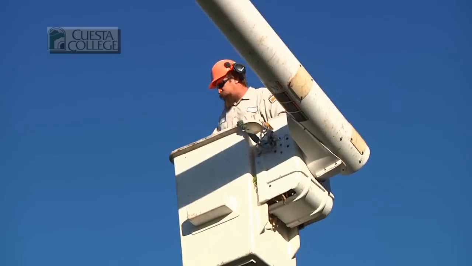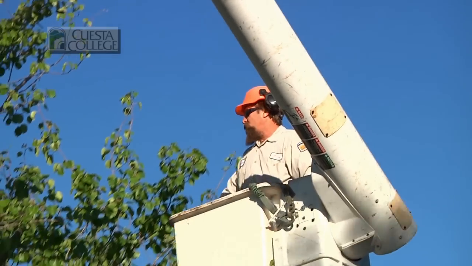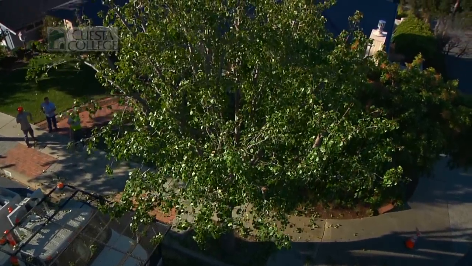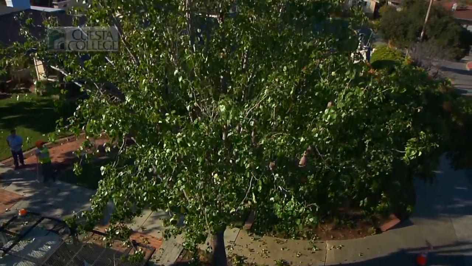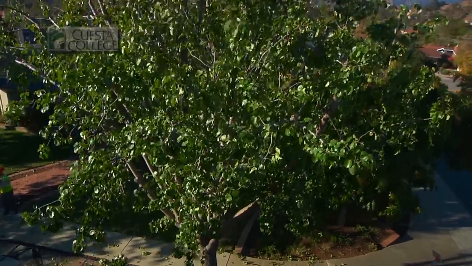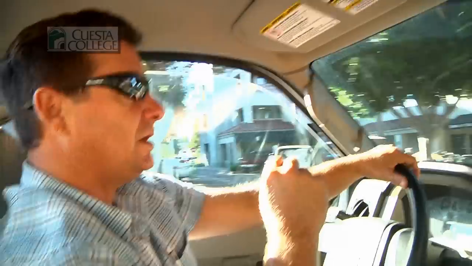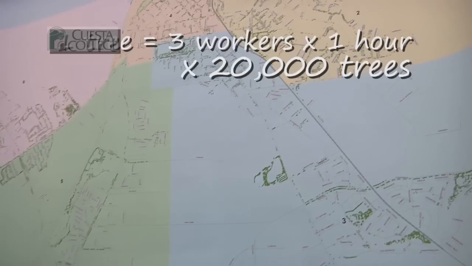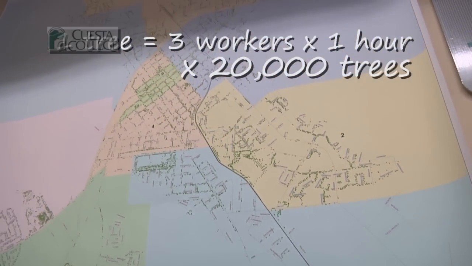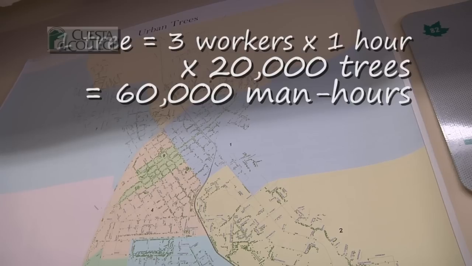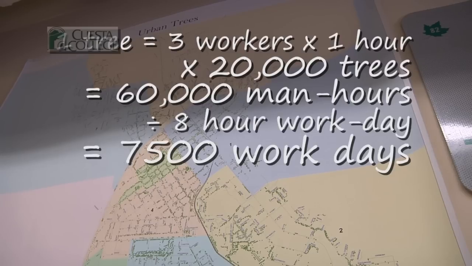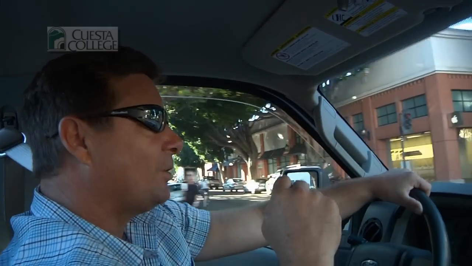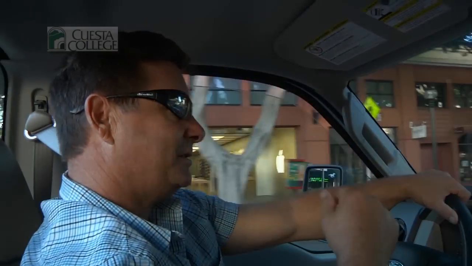We witnessed Steve in the bucket trimming one tree. It's kind of a small tree comparatively to some of the trees that we have. And it took about an hour total with the cleanup. So you think one tree, medium to small size tree, takes 1 hour, and we have around 20,000 trees that we do regular maintenance on. You do the math behind that, it can be mind-boggling. And we seem to be getting further and further behind as the years go on.